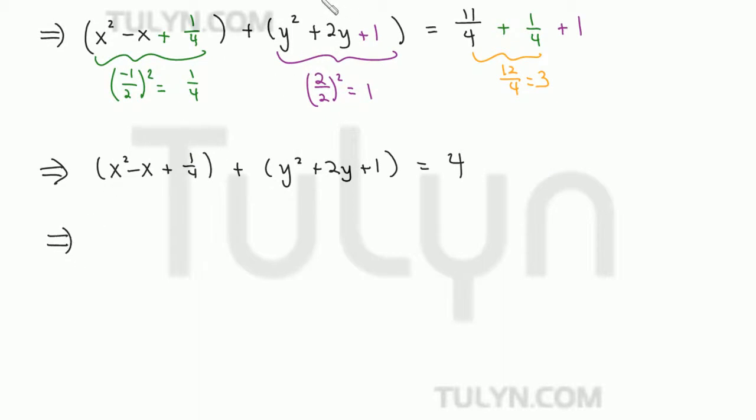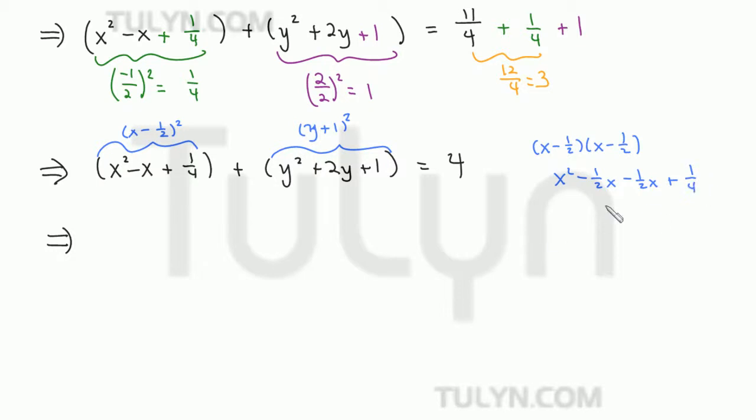And now notice that these are perfect square trinomials, which factor, right? So this is going to be x minus 1/2 squared, and this is going to be y plus 1 squared. And if you don't believe me, you can always check. So let's say x minus 1/2 squared, if you feel like checking that. That's x minus 1/2 times x minus 1/2, so that's x squared minus 1/2 x minus 1/2 x plus 1 over 4. And so that's x squared minus x plus 1 over 4. If you're never 100% sure of your factorization, you should always check. So this checked out. So replacing what we came up with,